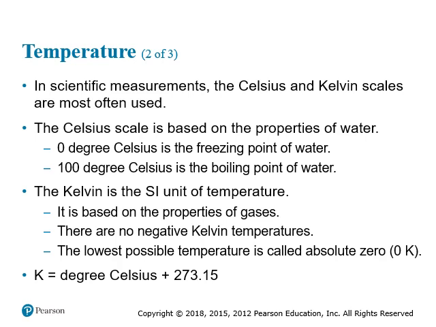Well, if the Celsius scale was developed by Anders Celsius, then it shouldn't surprise you that the Kelvin scale was developed by William Thomson, a gentleman whose title was Lord Kelvin. And instead, it's based on the properties of gases. Fundamentally, there has to be a temperature that is the lowest possible temperature. If temperature is a measure of the average kinetic energy, well, what happens if you have less energy and less energy and less energy? Well, then you would have a lower temperature, and a lower temperature still.